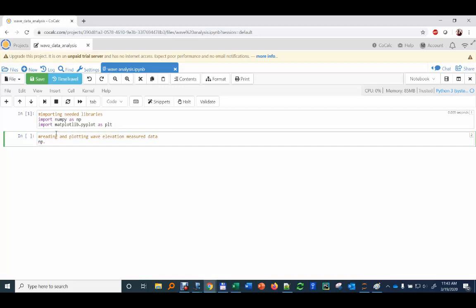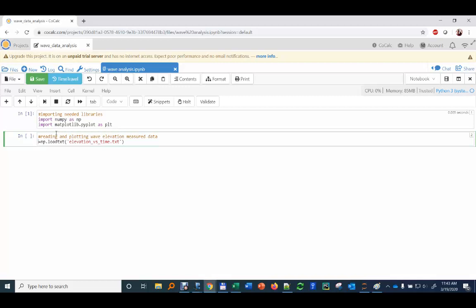With NumPy it is very simple: just loadtxt. In NumPy we have a function called loadtxt, and then we simply put the name of this file, which was elevation versus time.txt. It was a txt file, and that command is going to give me an array, a numpy array,